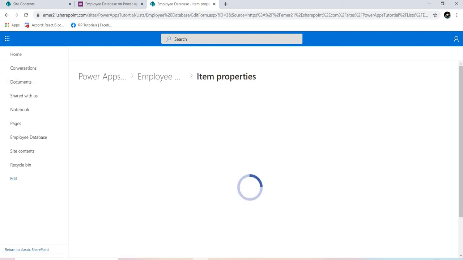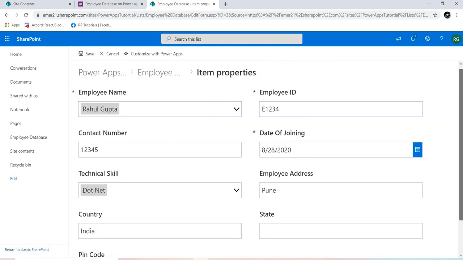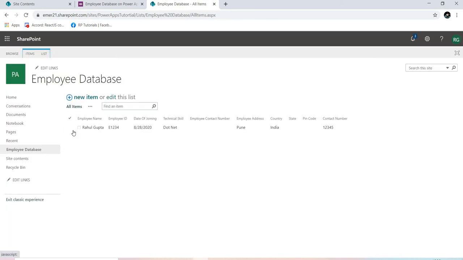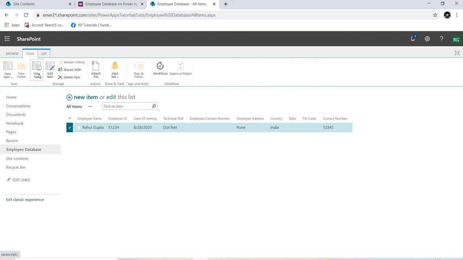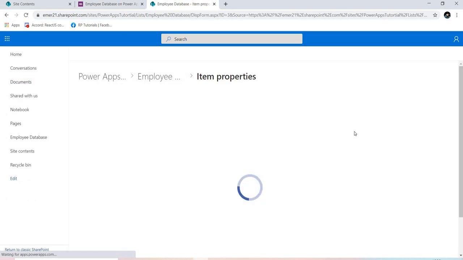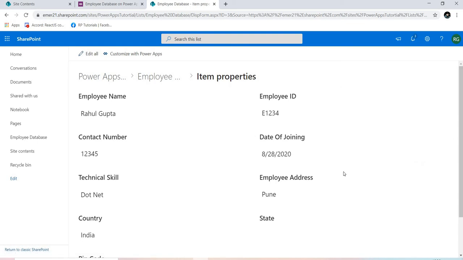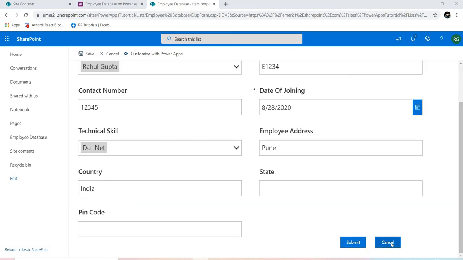Loading. We have our edit form with us. Now I will cancel this, and now I will select this again, and I will open our view form. I go to items and hit on view. Okay, so here none of the fields are editable. All fields are view only. So this is our view. You can click on cancel.